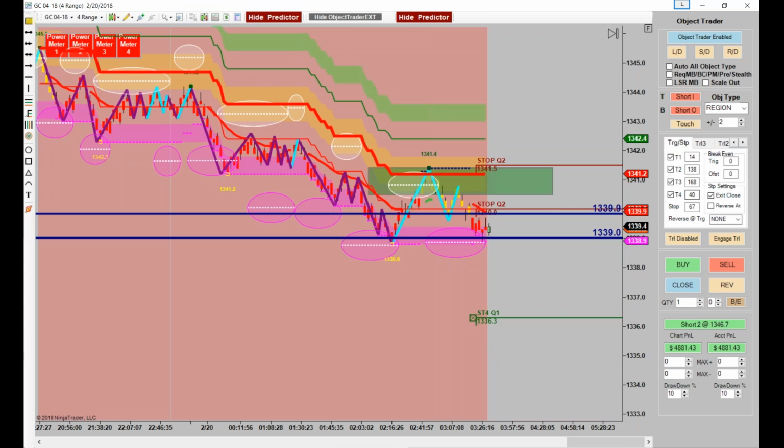But with region, what if you're deciding that you want it to close outside the region and it wicks outside the region and never closes. Well, Chart Trader would have gotten you in, Object Trader wouldn't. Region touch and trend lines, Dennis says. That's good. All right, this is going to stop us out, I bet you.